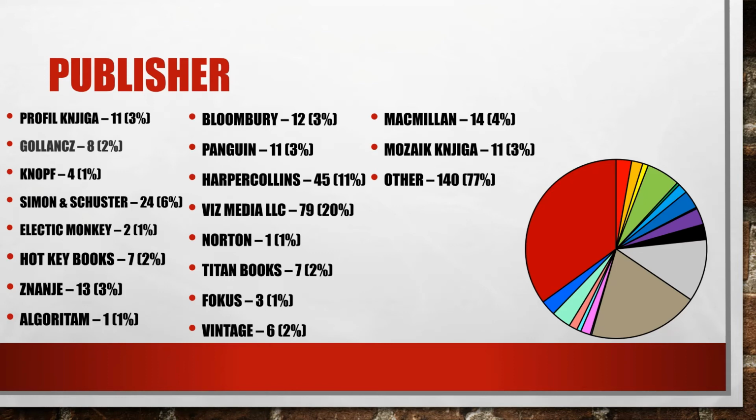45 by HarperCollins, 79 by Viz Media LLC, 1 by Norton, 7 by Titan Books, 3 by Focus, 6 by Vintage, 14 by Macmillan, 11 by Mosaic Kniga, and 140 by Other, which features a lot of minor publishers and some indie publishers and indie published books. So that one I put